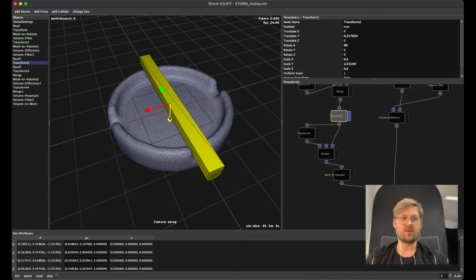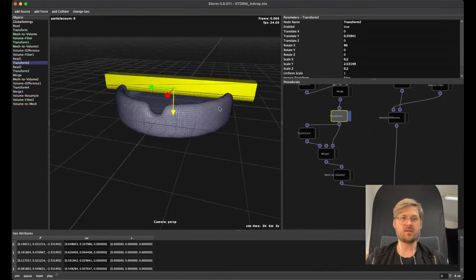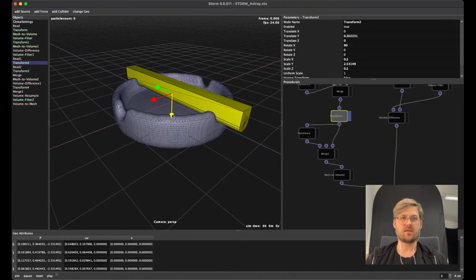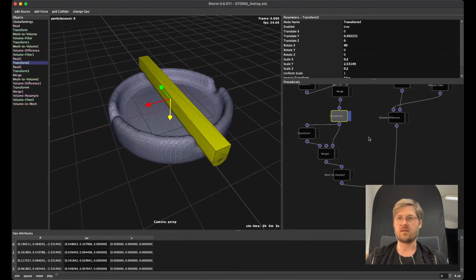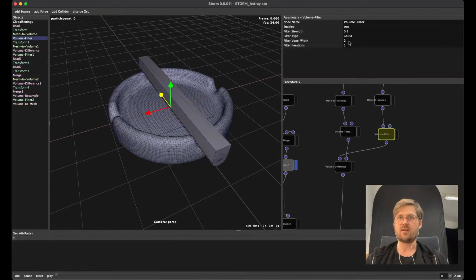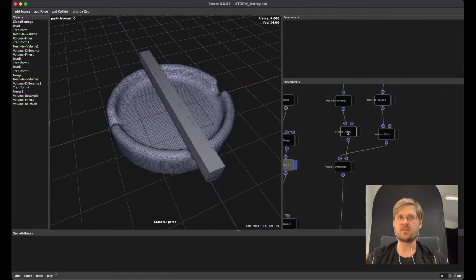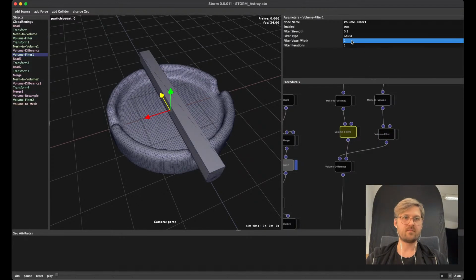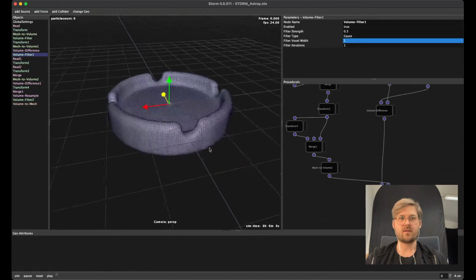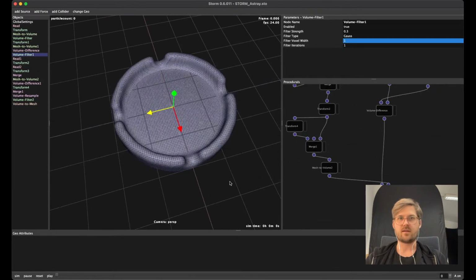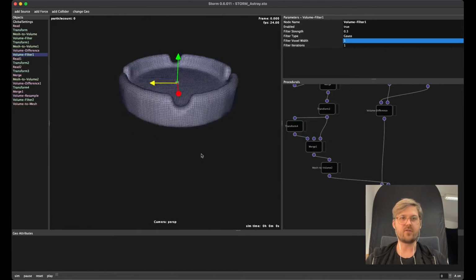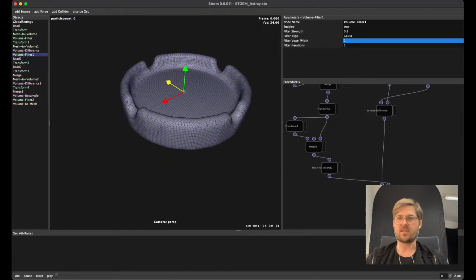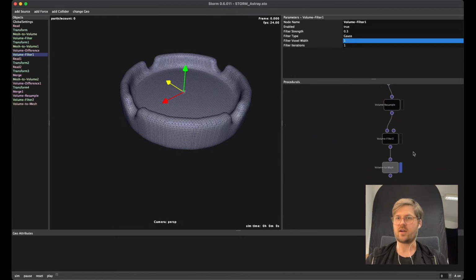So maybe we lift that up a bit. And maybe less blur to get sharper edges. I think that will do it for now. We use that as a collider later. So I save and